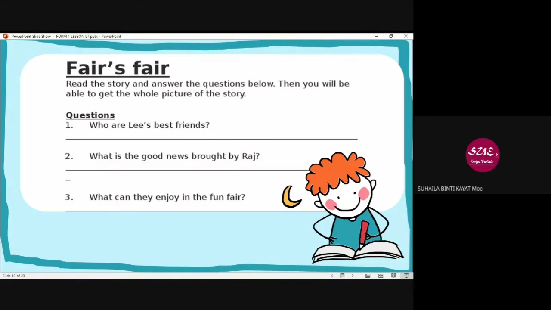Soalan. Okay, sekejap saya type di chat ya. Type classpoint.app. Okay, classpoint.app apa tadi?